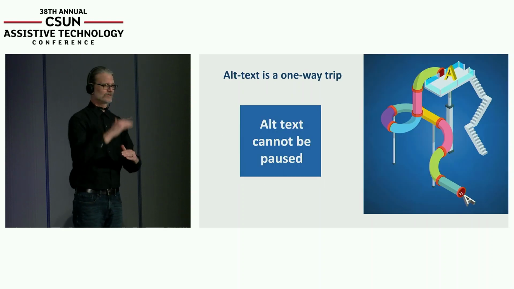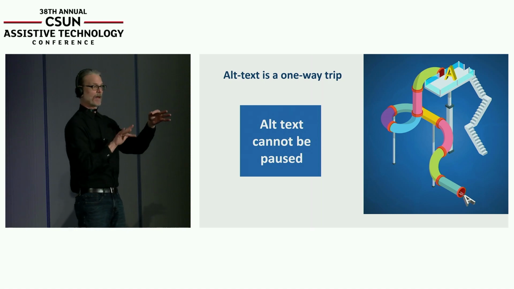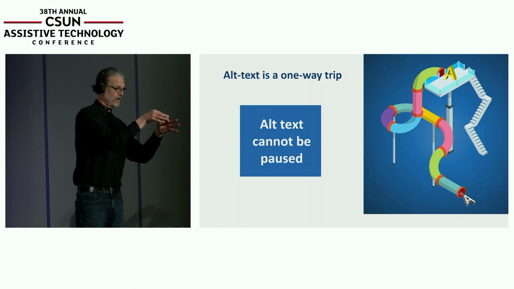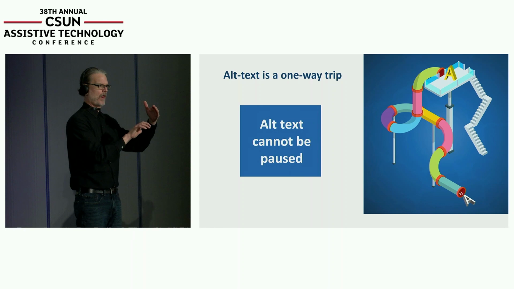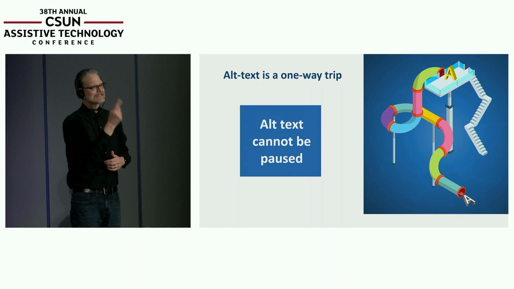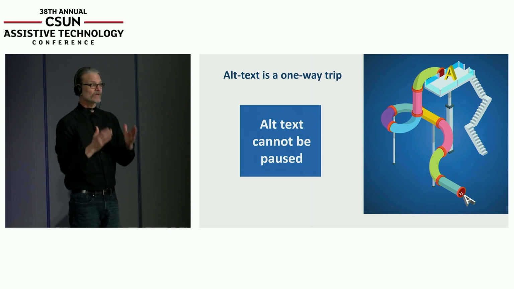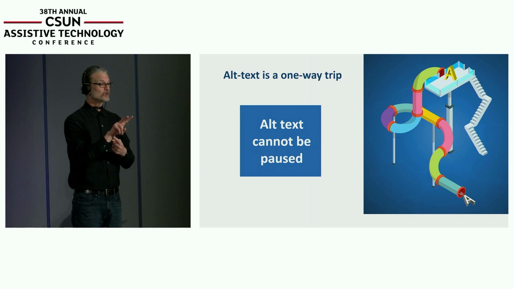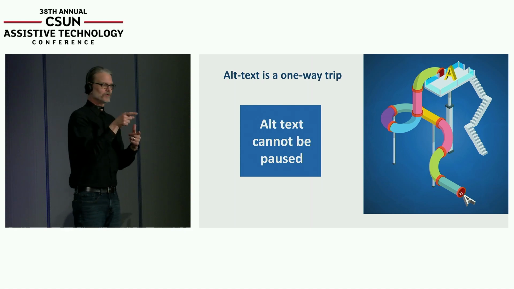Remember that alt text cannot be paused. When you write really long pieces of alt text and someone misses something in the middle, they've got to go all the way back to the beginning and start over again to hear the entire thing over. So be careful about how long you create your alt text. The idea that we tell you 2 to 3 meaningful sentences is because a screen reader cuts it off. Screen readers nowadays are at 1,200 words. That's a lot. So it's no longer the barrier of the screen reader. It's really just a barrier of not being able to pause and walk through it like you could body text.